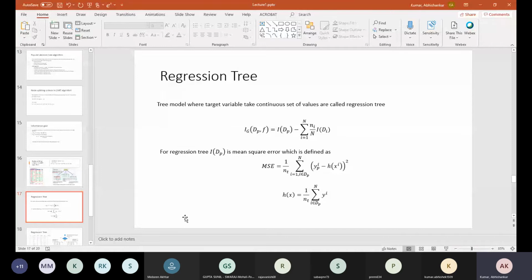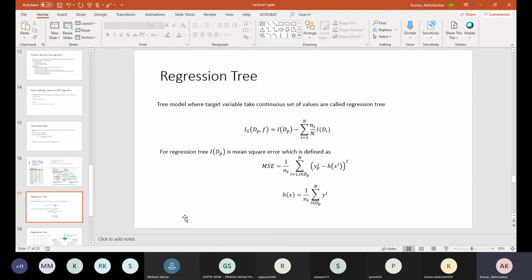Like in classification we measure randomness in the data using the Gini index, and now in regression we measure randomness in the data in terms of mean square error. Correct. And the formula to get MSE is y_i minus h(x_i) whole square, with a complicated looking summation, but we will understand exactly what it means.